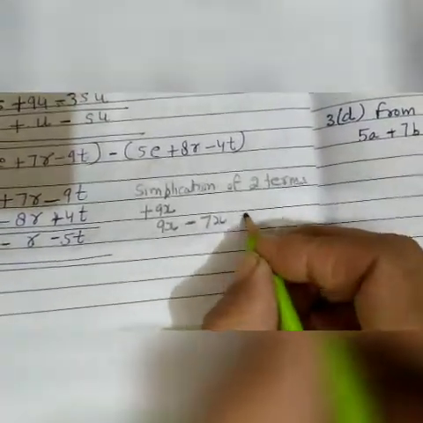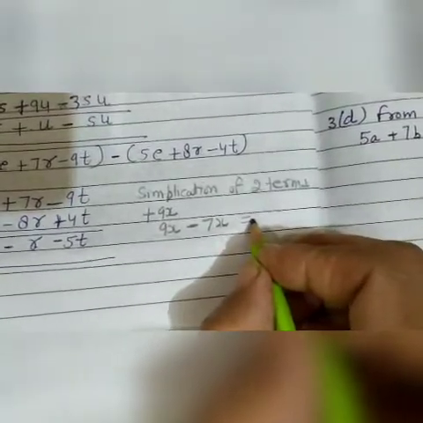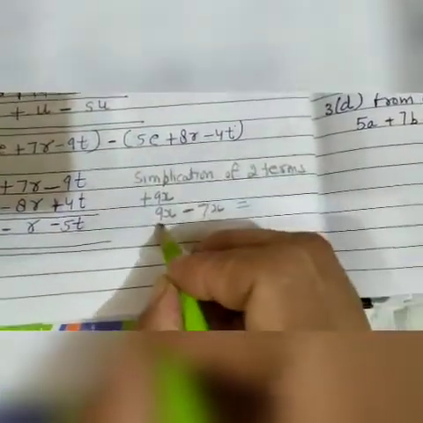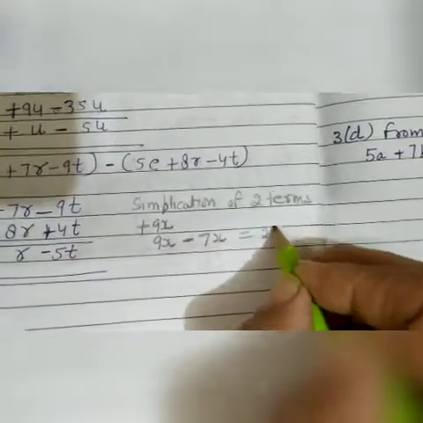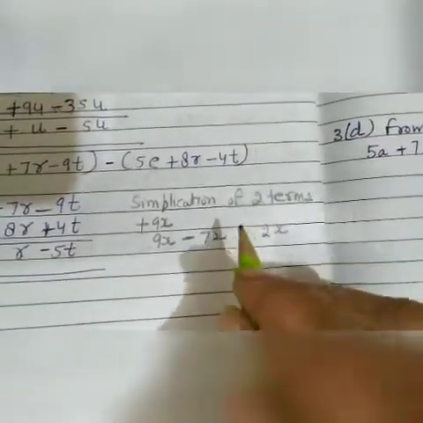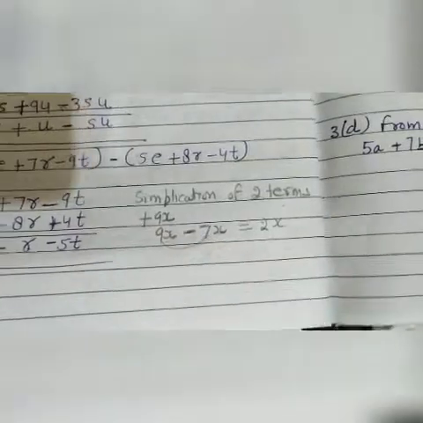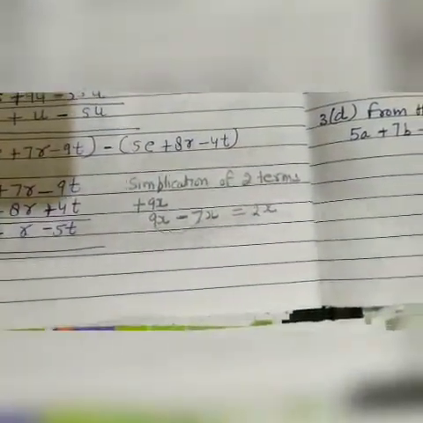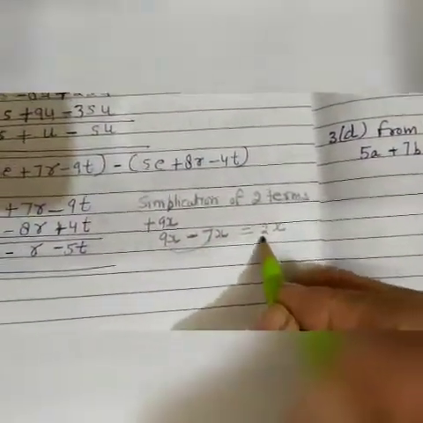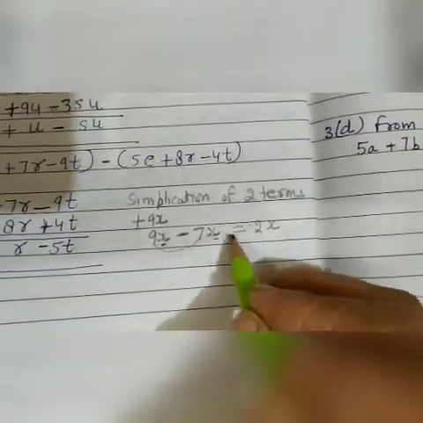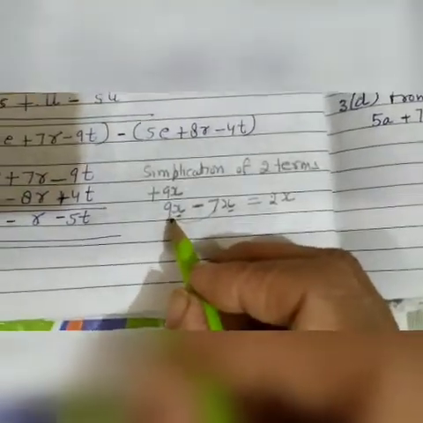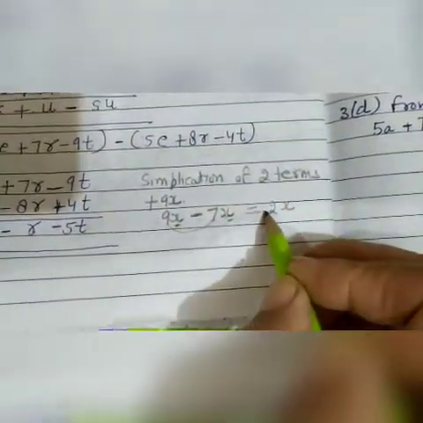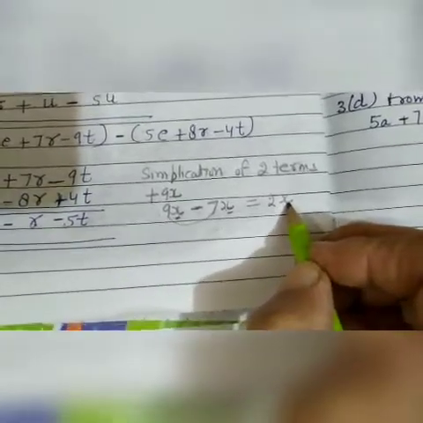Then find the difference. Find the difference means you subtract the smaller one from the larger one. Here the smaller one is 7x and the larger one is 9x. We will subtract 9 minus 7. It will be 2x. First you subtract their numerical value as we do in a simple subtraction sum. 9 minus 7, 2. Then the literal factor, it is 2x. And what is the sign before the larger number? It is plus. So it is also plus 2x.